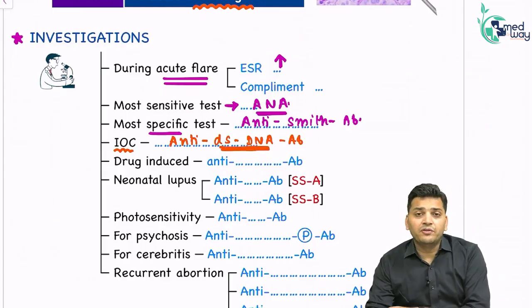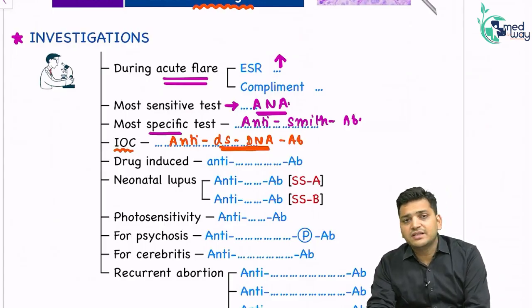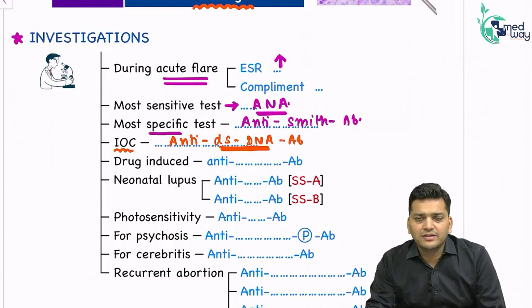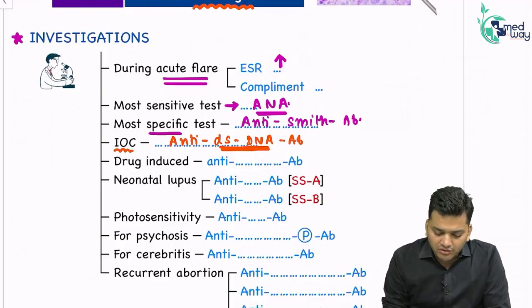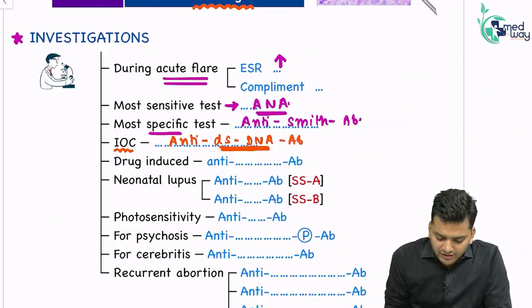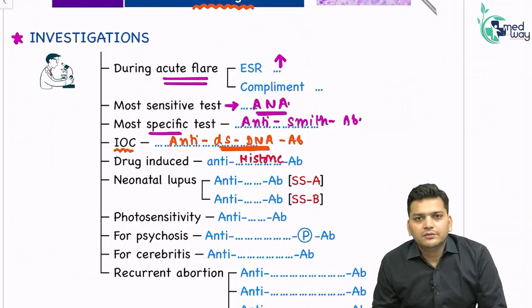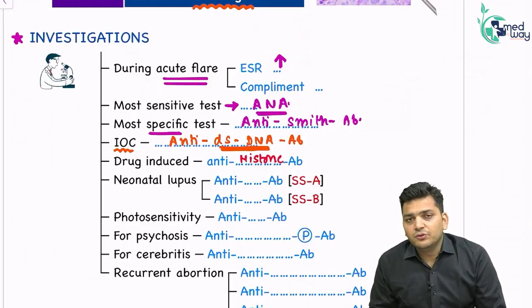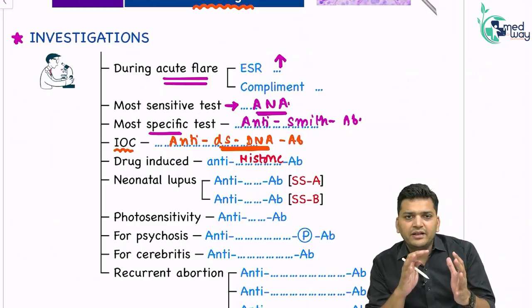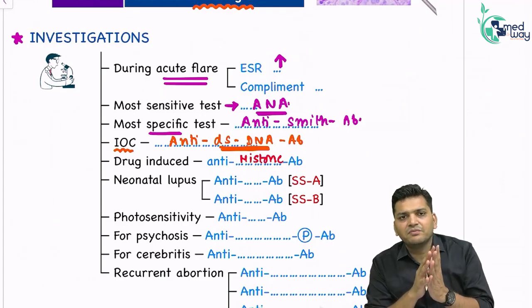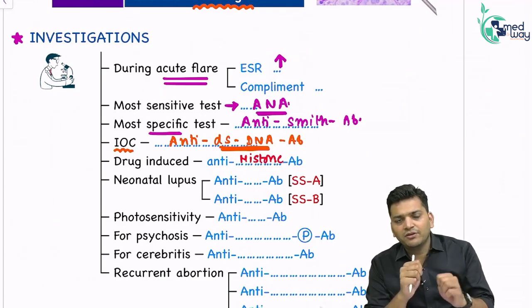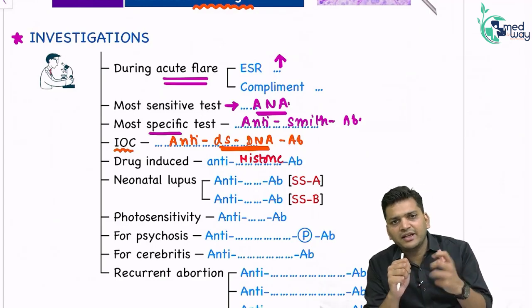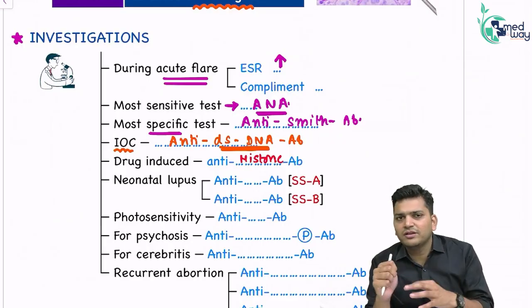If we are thinking of drug-induced lupus, I told you the drugs that lead to SLE, it is the SHIP drugs: the sulfonamide, the isoniazid, hydralazine, procainamide. If we are thinking of that, then the drug-induced lupus is generally associated with anti-histone antibody. Histone we have discussed in the nucleic acid, if you remember, the DNA has a very tight relationship with the histone. So if wrong antibodies are attacking the histone, that is anti-histone antibody,